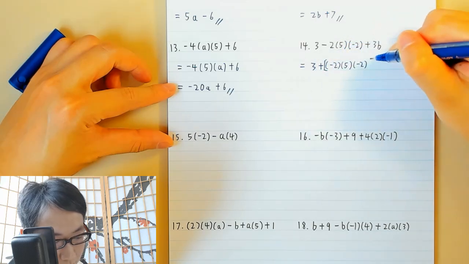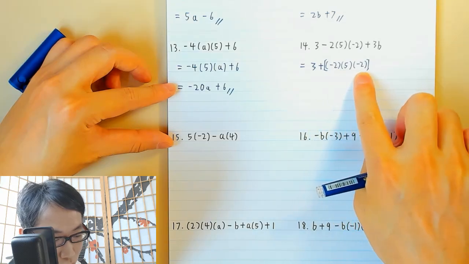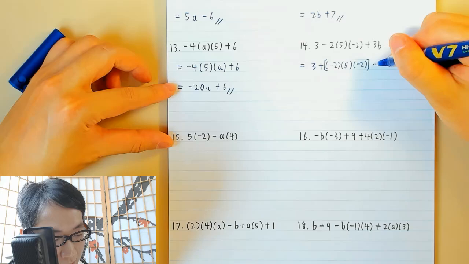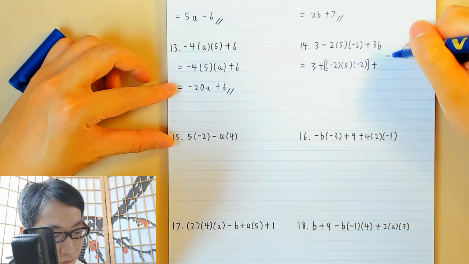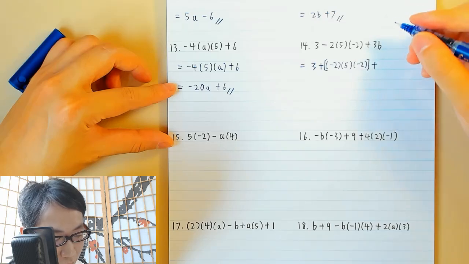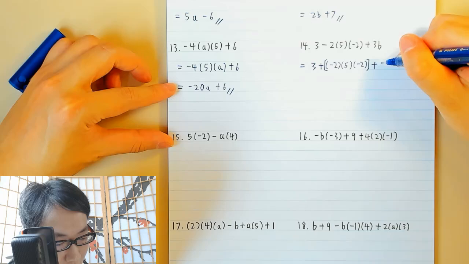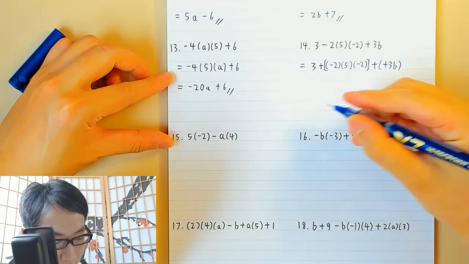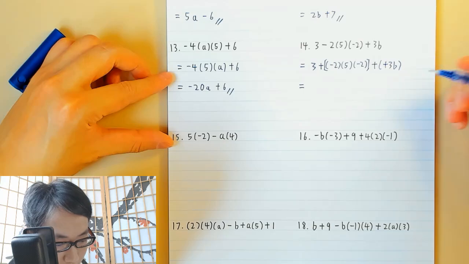Can I even put a mid bracket here? So this is like the term we are adding to the first term. And then we are also adding positive 3b, but we don't have to write that again. But for synchronicity, let's also do this for this one. Okay. So then we have